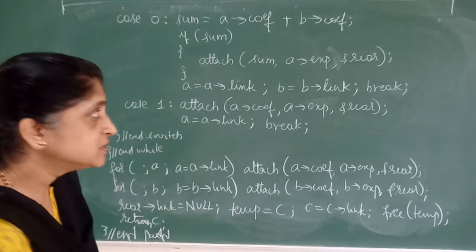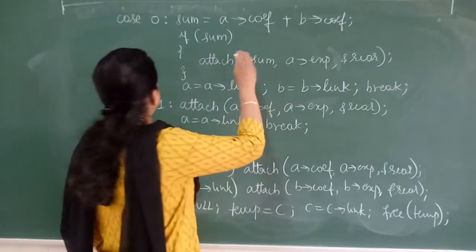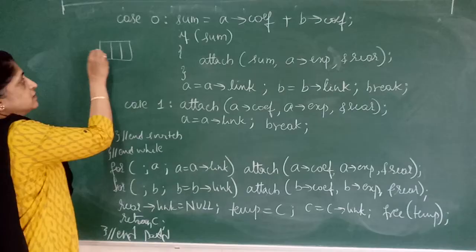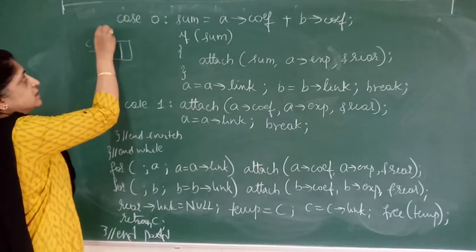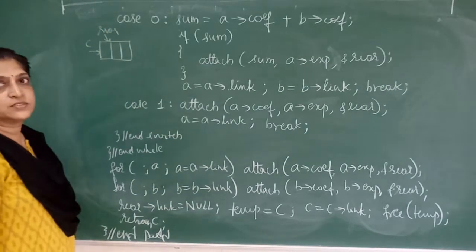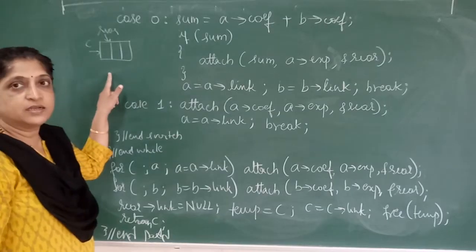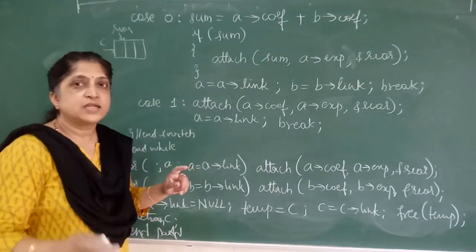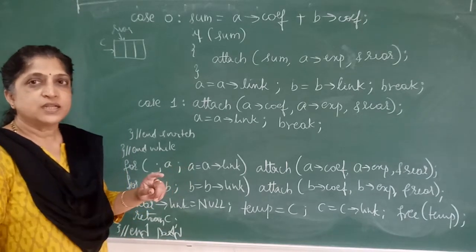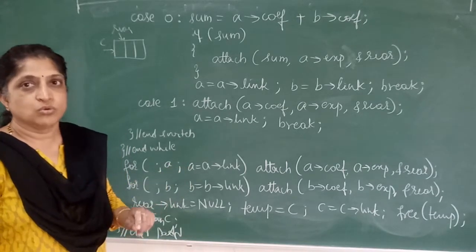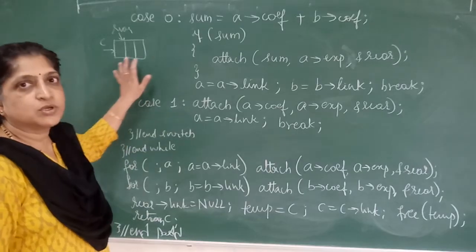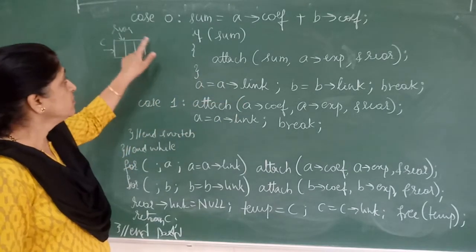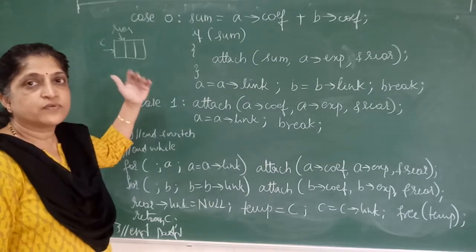What are these assignments? Initially I had showed you that we make a malloc and both C is pointing to this and rear is pointing to this. So this is a node we had created and we have not stored any data in this because we are attaching the nodes with the coefficient and the exponents in the attach function only. We had done this just because we do not want to search for an empty list, all that. Now we have to remove this first node from the list.